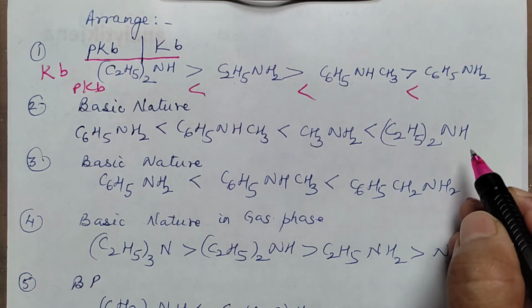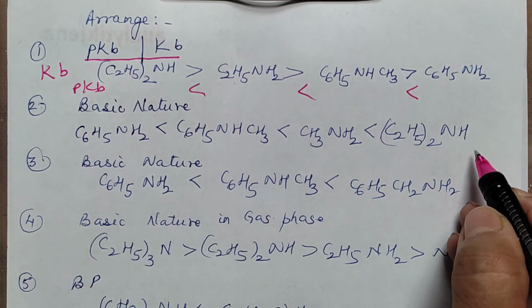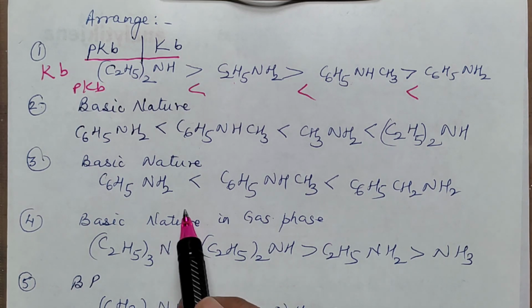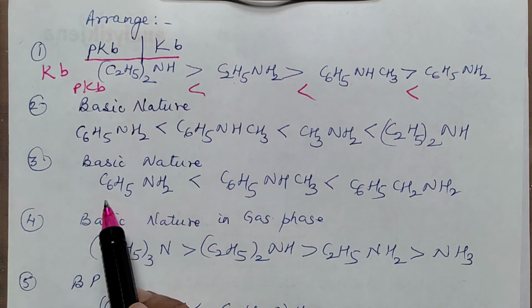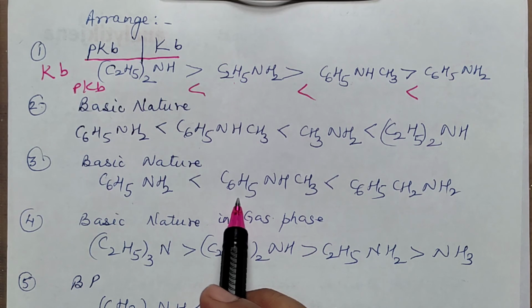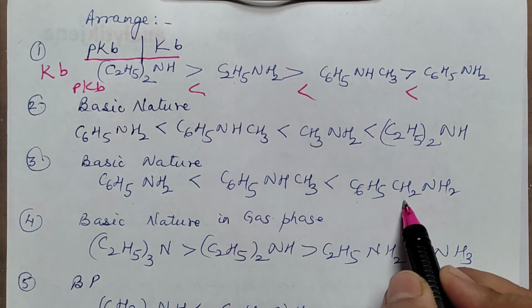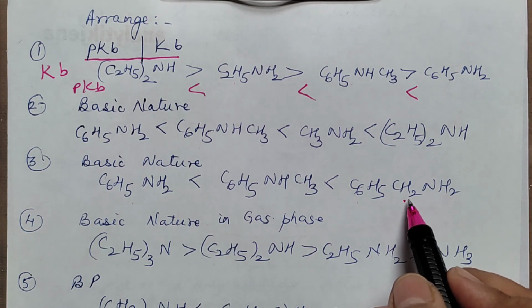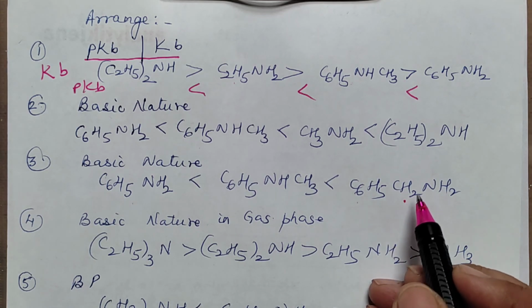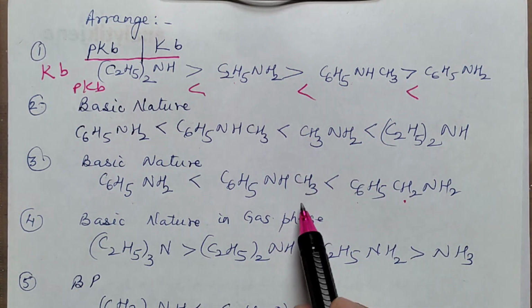Here we are assuming them to be in the gaseous state and putting them in the order. Same as here, you can check ring and alkyl both. And here a ring plus one CH2 group has come. That means this has broken the resonance part. Due to the presence of this CH2 in between, there will not be any resonance in it. So one was that, and next is this one, the third one.